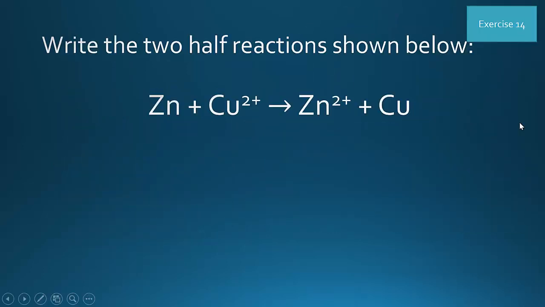In your Duracell battery, commonly called a copper top, this is the net ionic equation that occurs. Zinc reacts with copper cations to produce zinc cations and copper solid. In order to understand this reaction, we need to show it as its two half reactions. So where zinc becomes zinc cations is one reaction, and where copper ions become solid copper